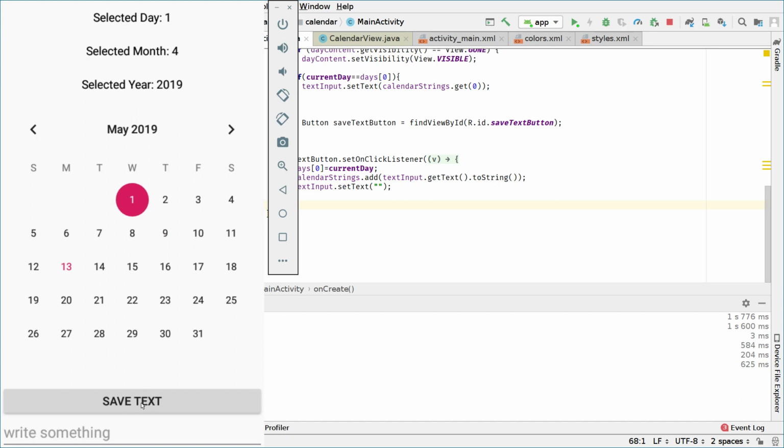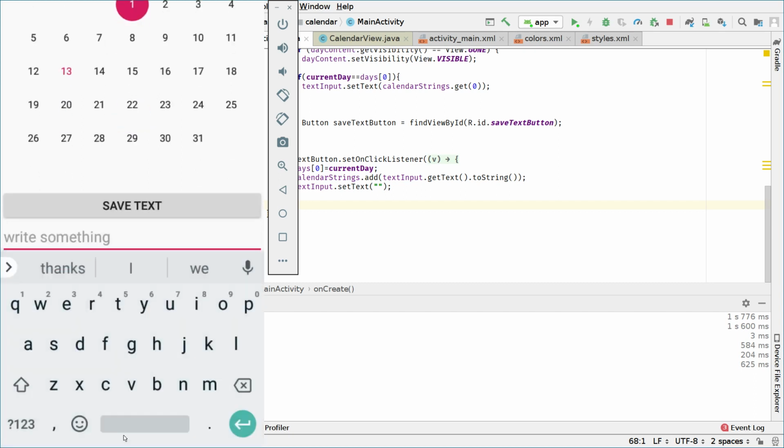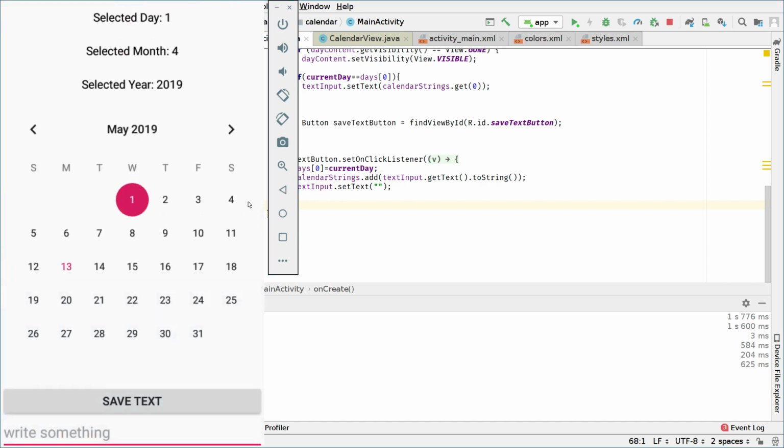Okay, so now, of course, as you know, we want to store some text on every day, right? So if I press May 1st, for example, and I write something there, I will say I am May 1st, and I will click on Save Text. Okay, and now let me hide the keyboard. So now the write something text field is empty because we saved it. But if we go to 2 and then go back to 1, as you can see, it says